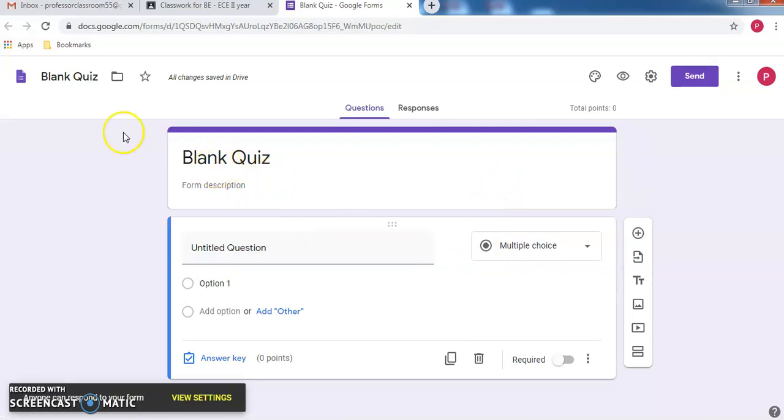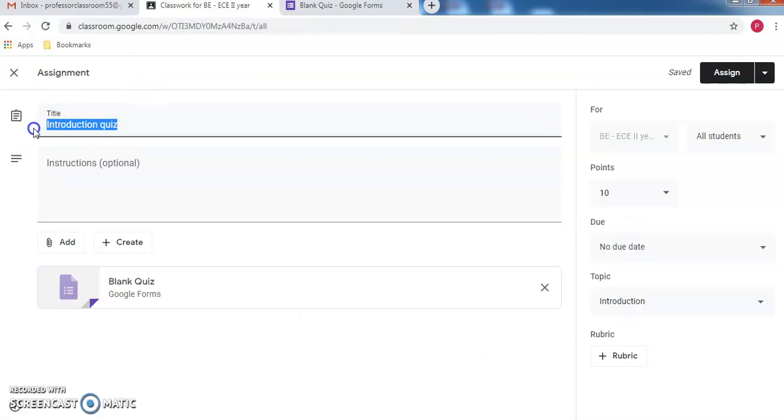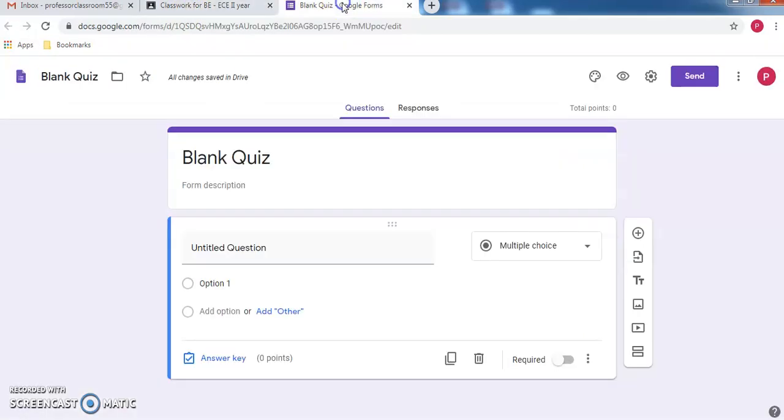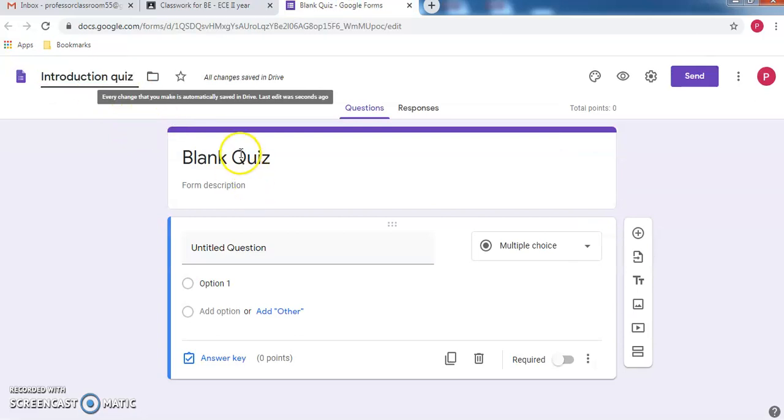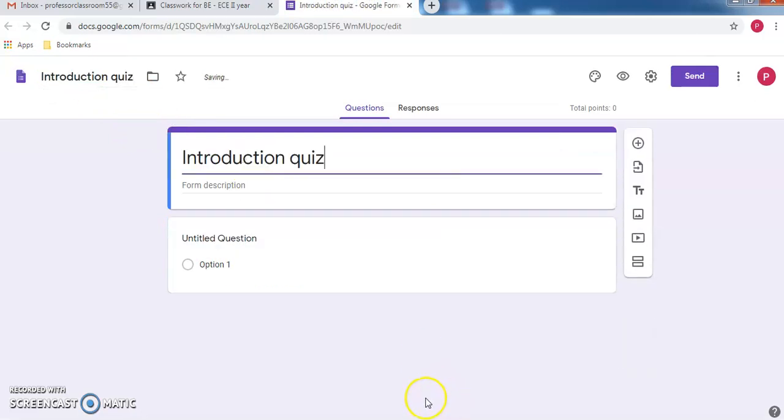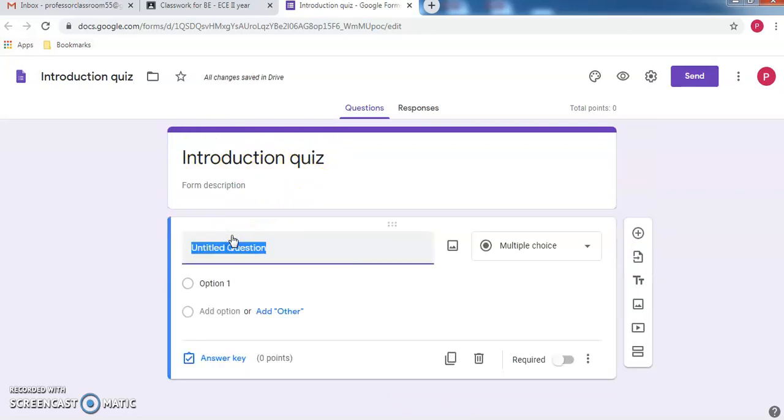So you can name this form whatever you want. I'll name it as what we have named it as introduction quiz, right? So I'll put the same names here. Introduction quiz. So it is optional. You can name whatever you want here. Then I'll type a question here.